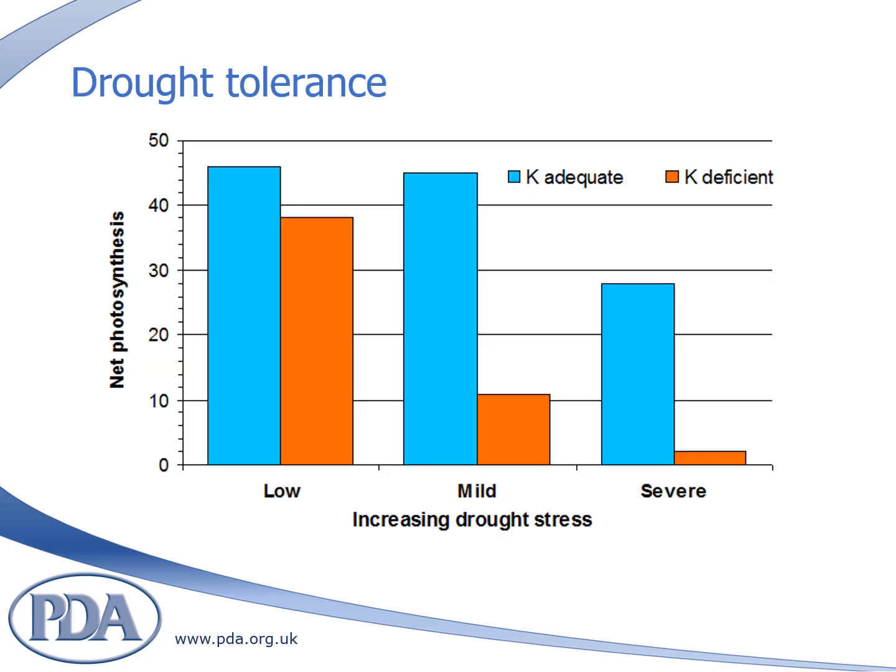Drought tolerance. Related to the role of water regulation is the impact of potassium on drought tolerance. Plants depend on potassium to regulate the opening and closing of leaf stomata. These are the tiny apertures on the underside of leaves. The stomata are important for allowing the movement of carbon dioxide into the plant whilst releasing oxygen.